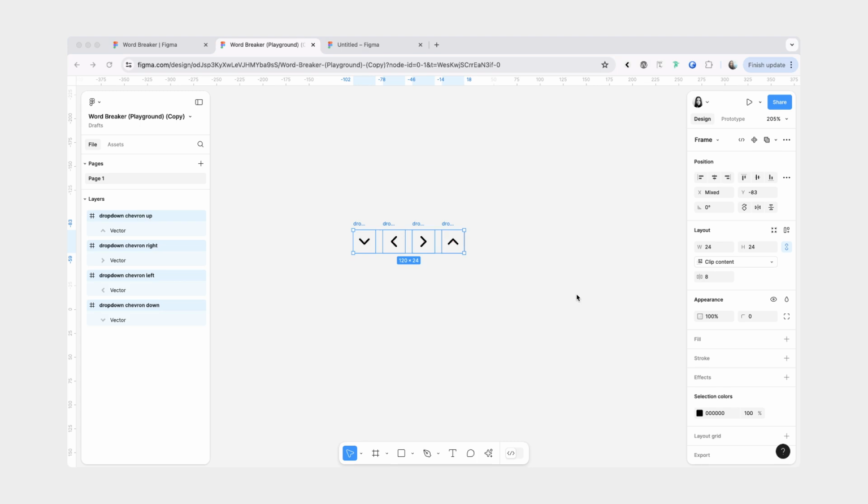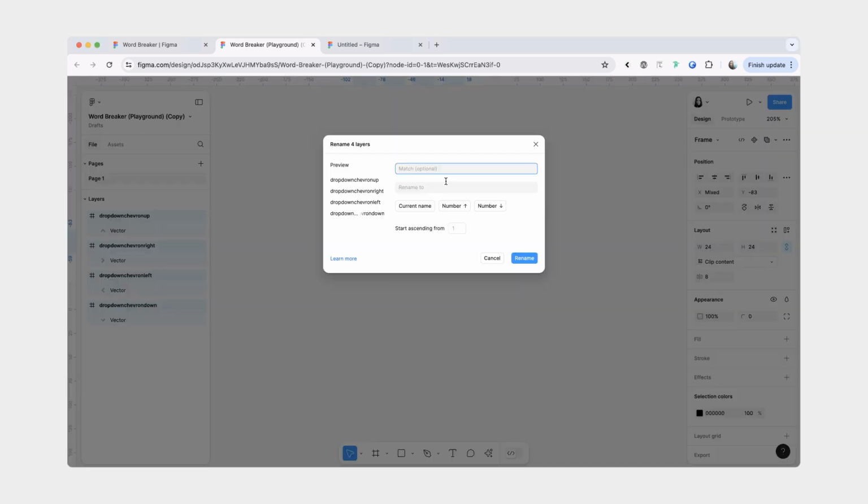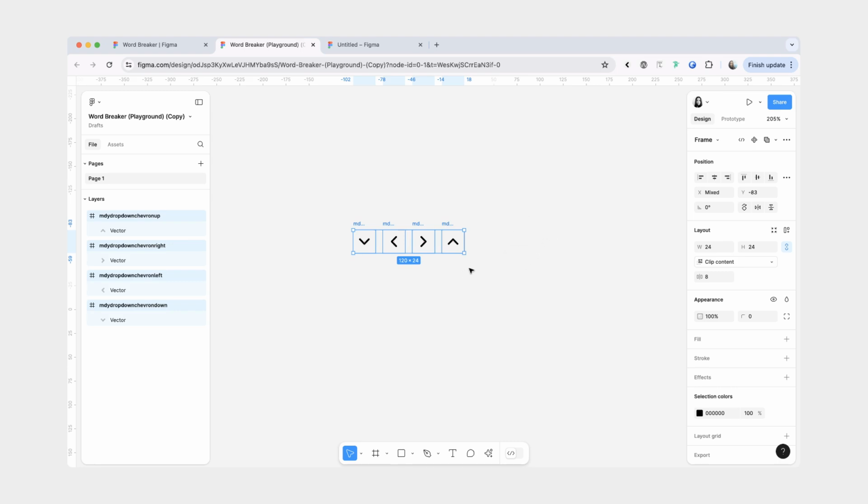One thing to note is that this plugin uses OpenAI to figure out where one word ends and another one begins. So sometimes it can give weird results, especially if you have prefixes or some words inside your layer names that are not really words. So for example, at work, we had prefix MDI and then the current name. And so something like this is more difficult for the plugin to figure out. It's still going to add spaces between like drop down, chevron, and up. But then for MDI, it could do something weird, like think that each letter is its own word or something like that.